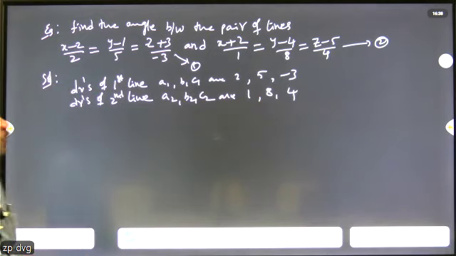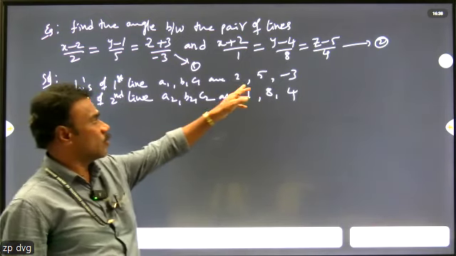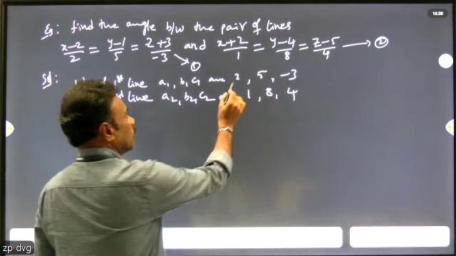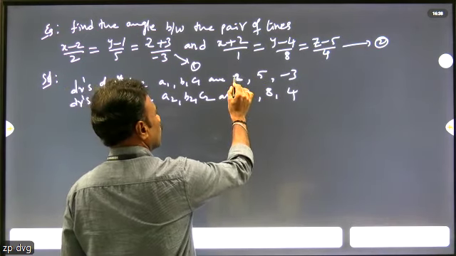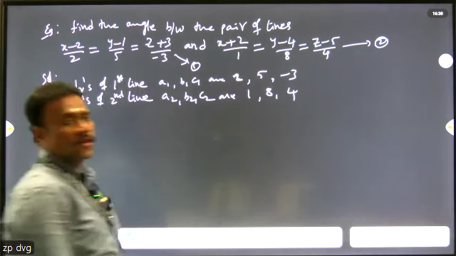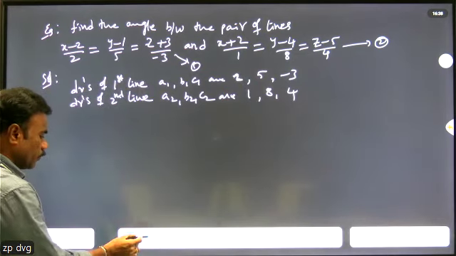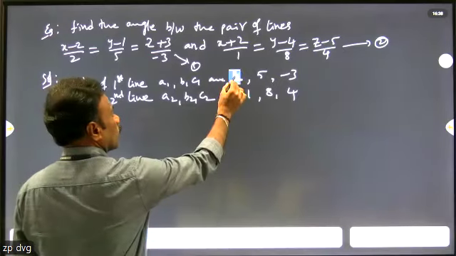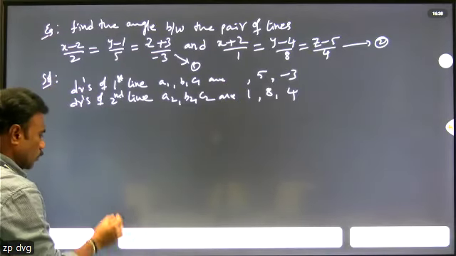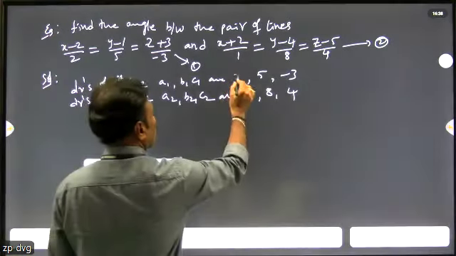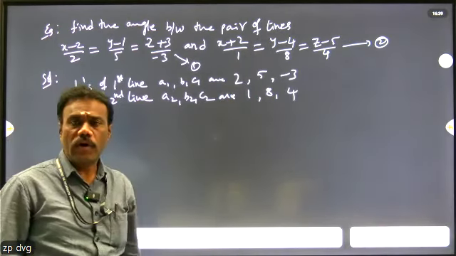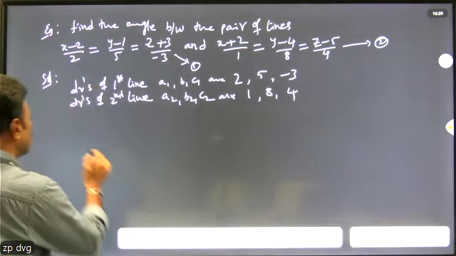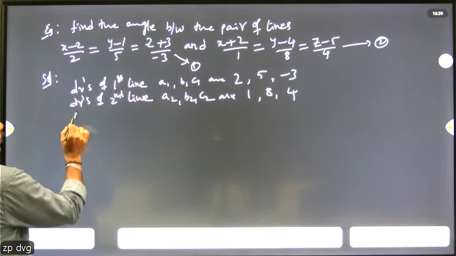So the first line direction ratios are 2, 5, minus 3, and the second line direction ratios are 1, 8, 4. You have to find the angle between the two lines. So the angle between two lines formula is